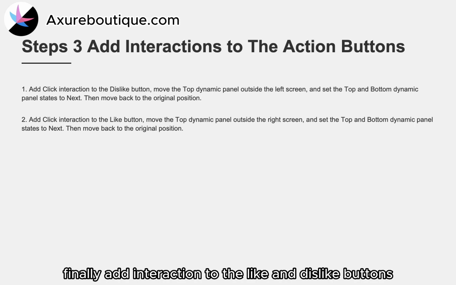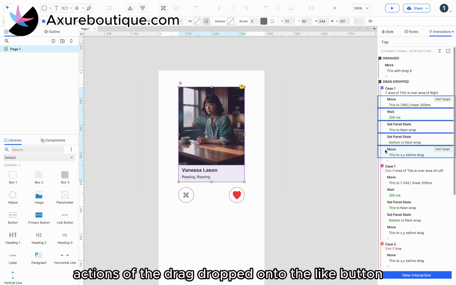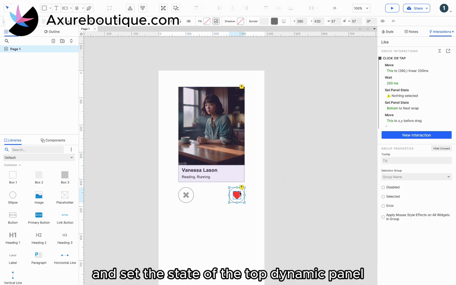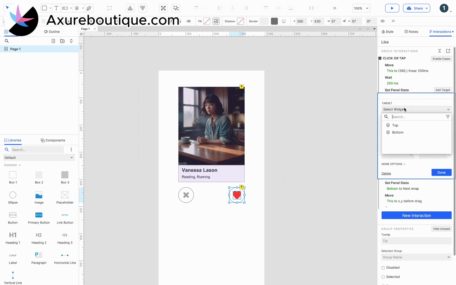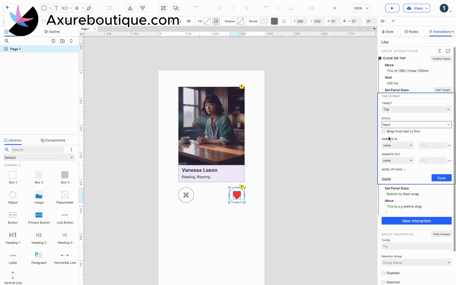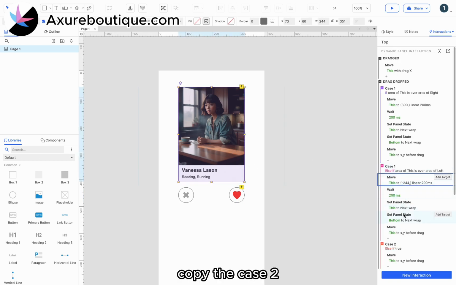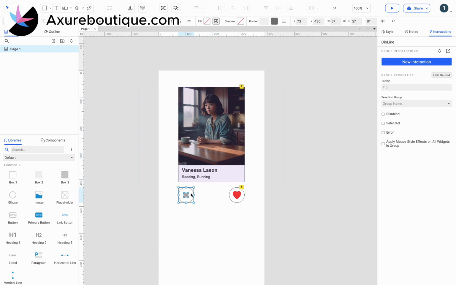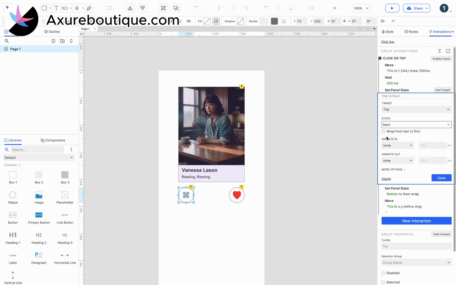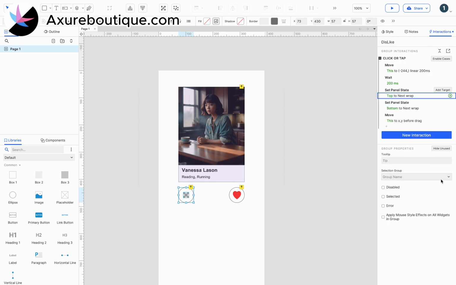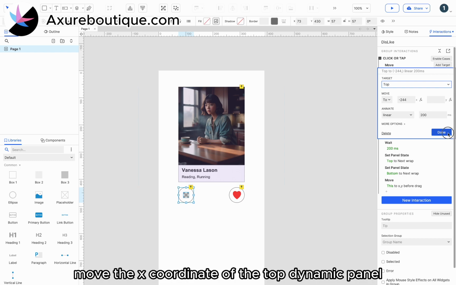Finally, add interaction to the like and dislike buttons. Copy the case 1 actions of the drag dropped onto the like button, and set the state of the top dynamic panel. Copy the case 2 action of drag dropped onto the dislike button, and set the state of the top dynamic panel. Move the x-coordinate of the top dynamic panel